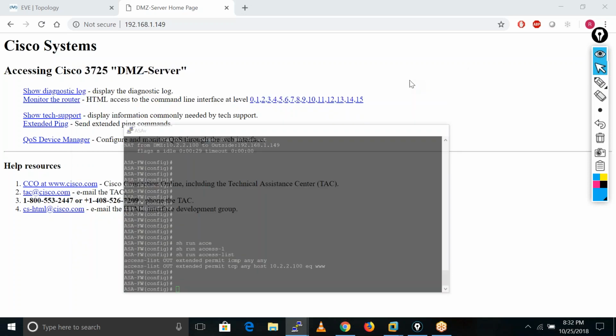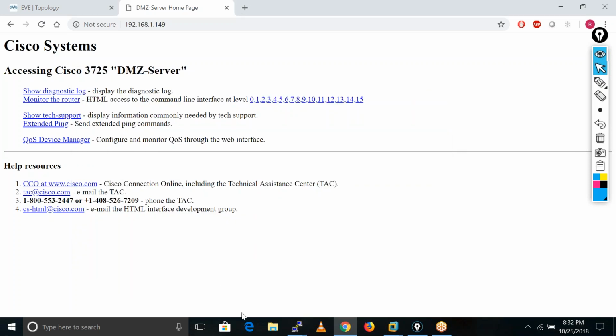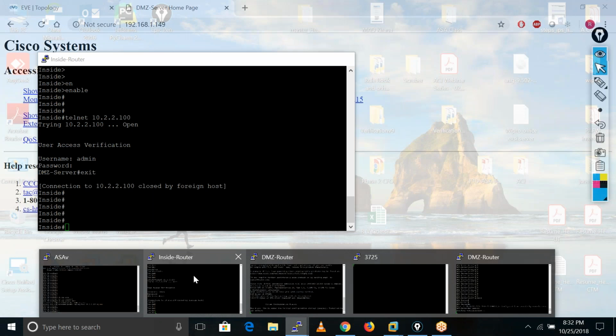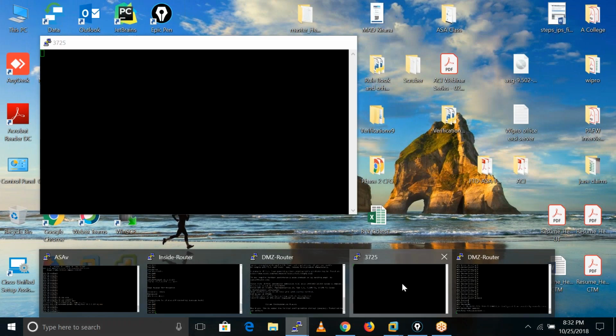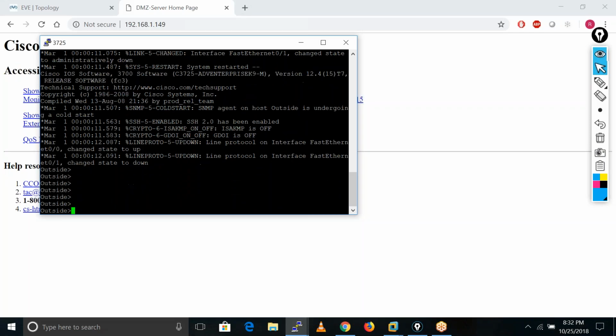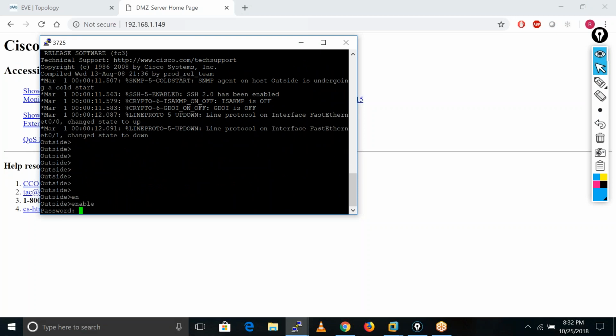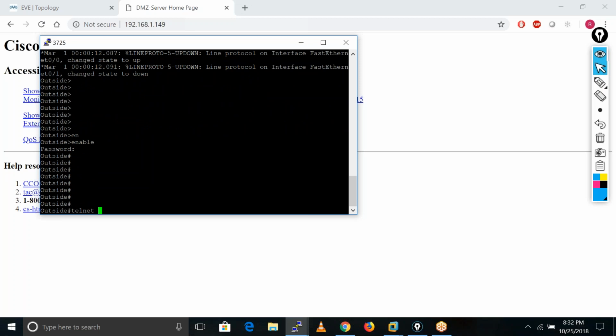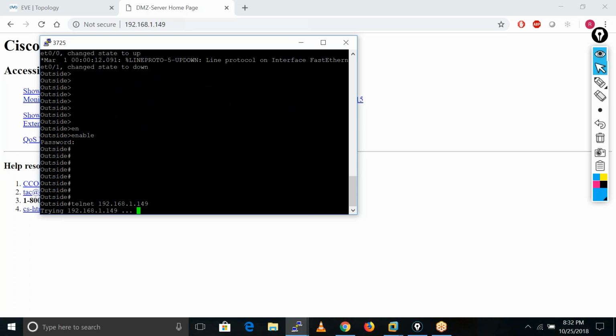If I try to access the DMZ server on these services from my outside router, this is my inside, this is my outside router, and I run telnet to IP address 192.168.1.149, see, my telnet is not working.